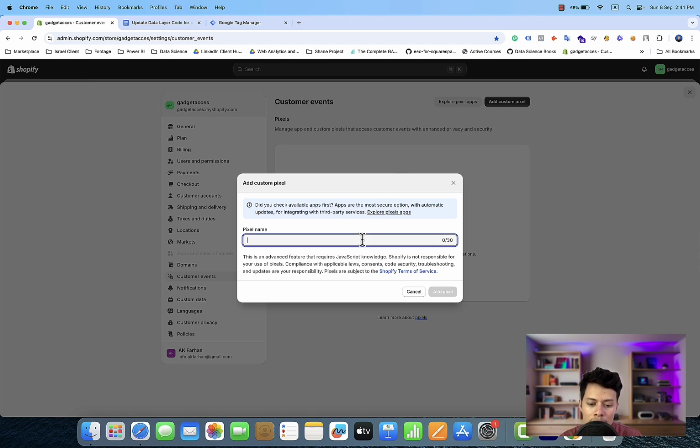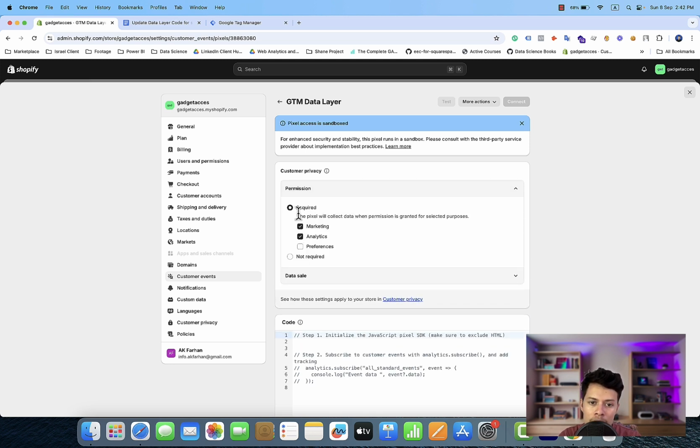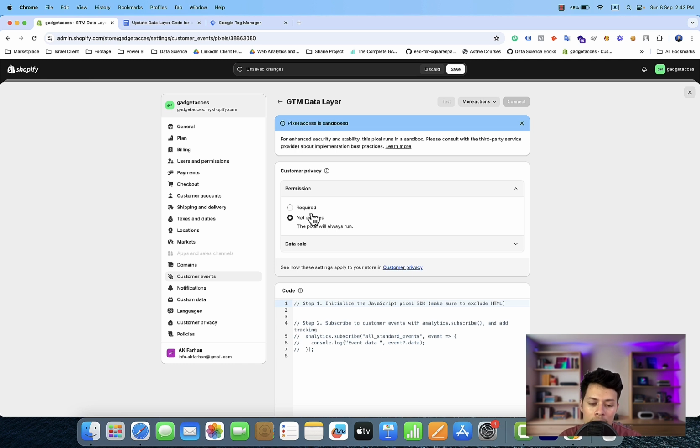I'm going to name this GTM data layer. Then I have to click on add pixel. When I click on this pixel, there are two custom privacy options. If I choose the permission, then there is an option for required and not required, and you always have to choose not required, because it's for